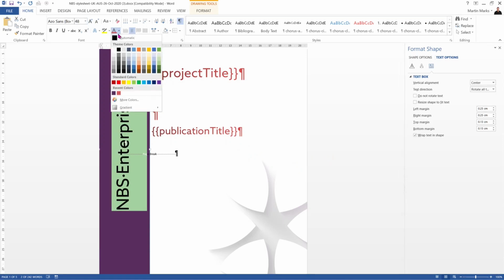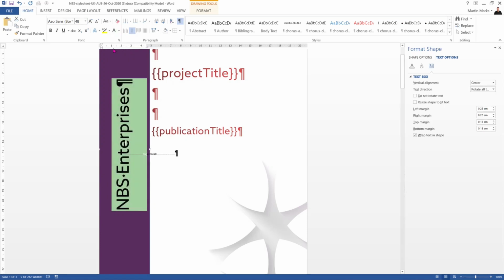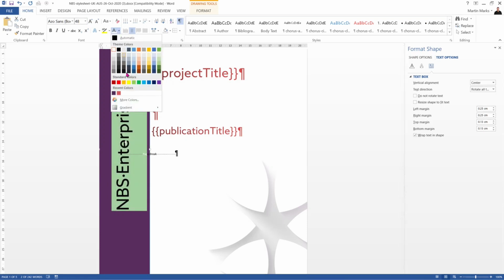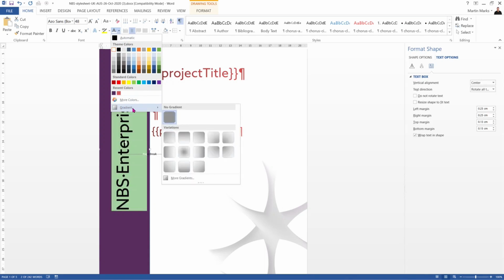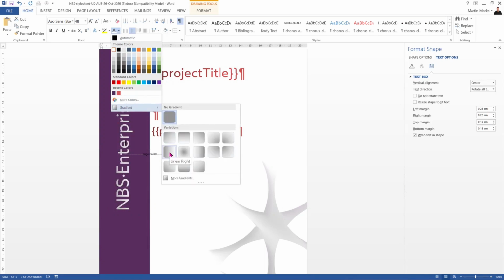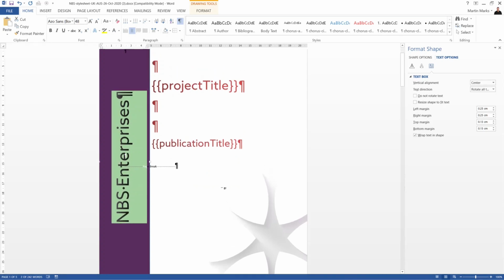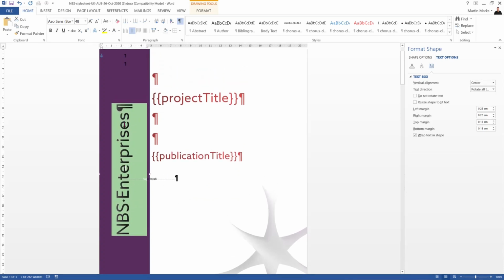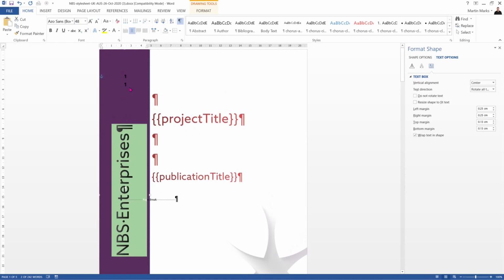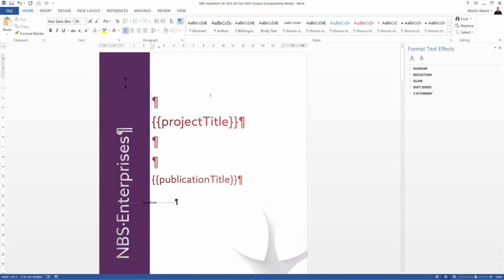And I'm going to select this and put this as a white font, and I'm going to apply a gradient to this as well. So all from the font options here, I'm going to apply this particular gradient there. Okay, so that's now got my purple band and my vertical text there, and I want to insert a logo